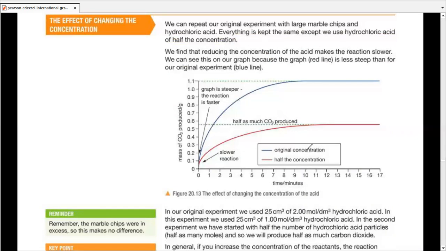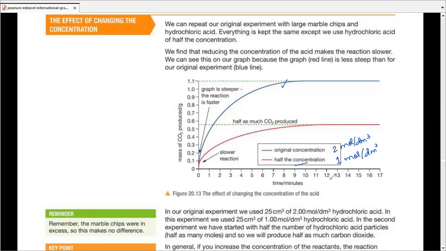The original concentration, which I guess was 2 mole per decimeter cube, with a blue line, of course, having a faster rate of reaction, a steeper curve, and half the concentration, which would be 1 mole per decimeter cube. And you would notice that there would be a slower rate of reaction. So change the concentration, and you would notice that it changes the steepness of the graph and it turns into a slow reaction,